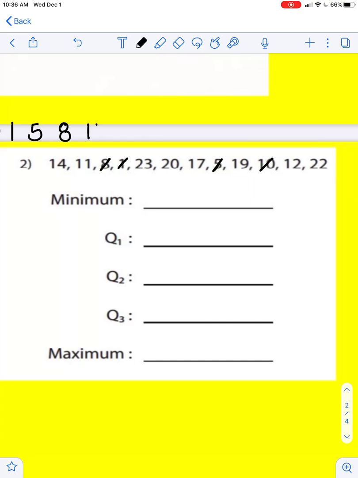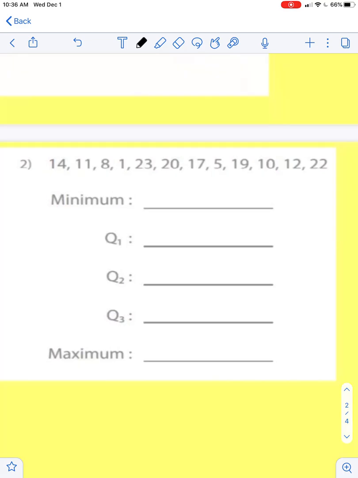Then 10, then 11, then 12, then 14, then 17,